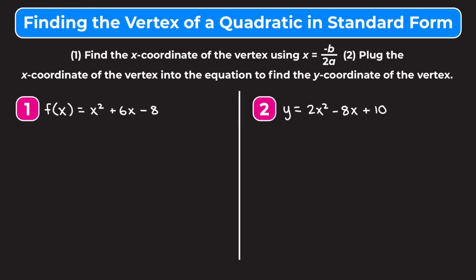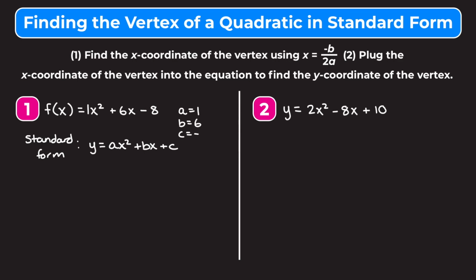So let's jump into example 1. In example 1, we have f of x is equal to x squared plus 6x minus 8. Let's remember what standard form is really quickly. Standard form is a quadratic written in the form y, or f of x, equals ax squared plus bx plus c. In this quadratic, our a value is 1, because there's a 1 in front of the x squared. If there's nothing in front of the x squared, it's like there's a 1. So a is 1. Our b value is the positive 6 in front of our x,